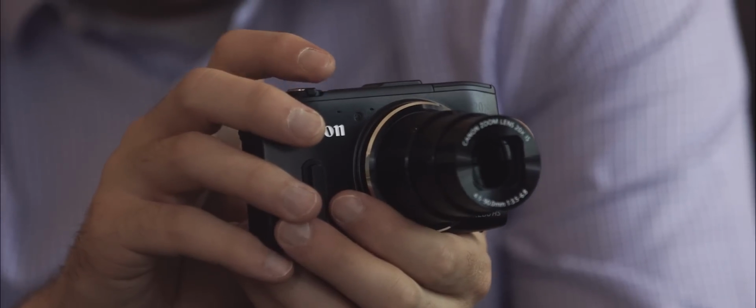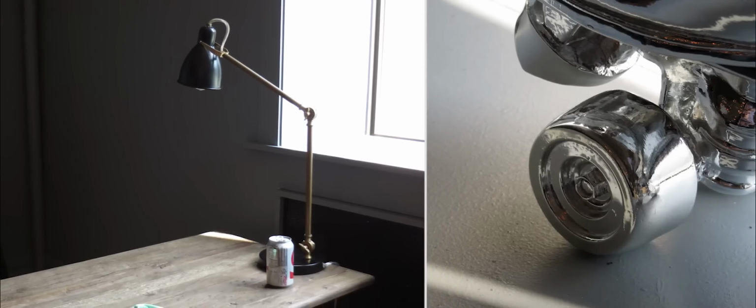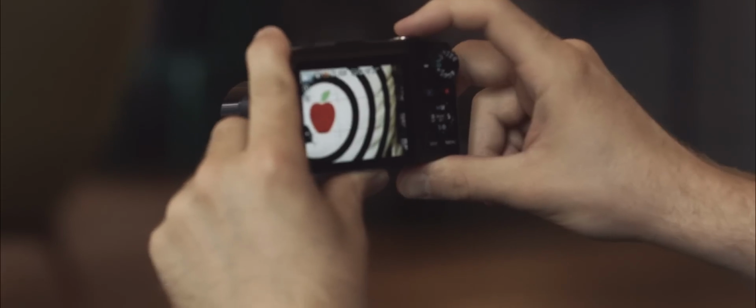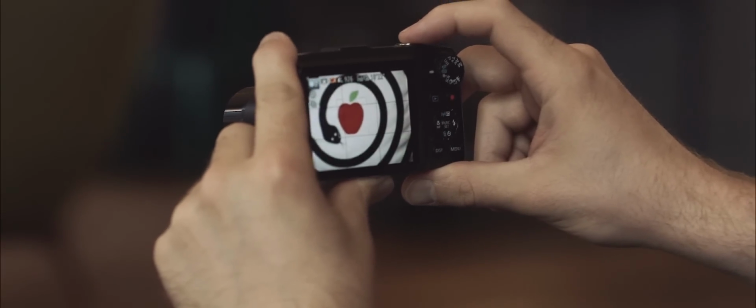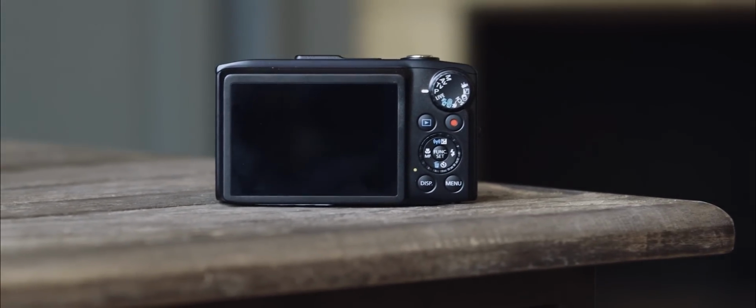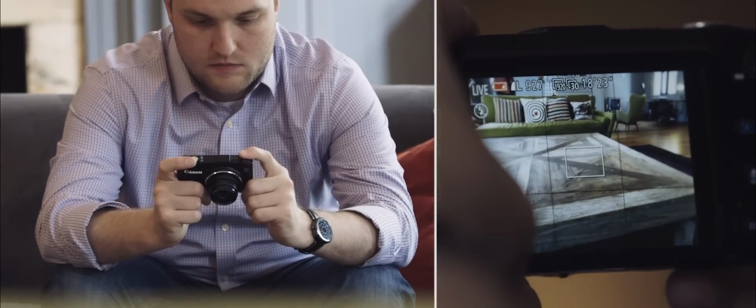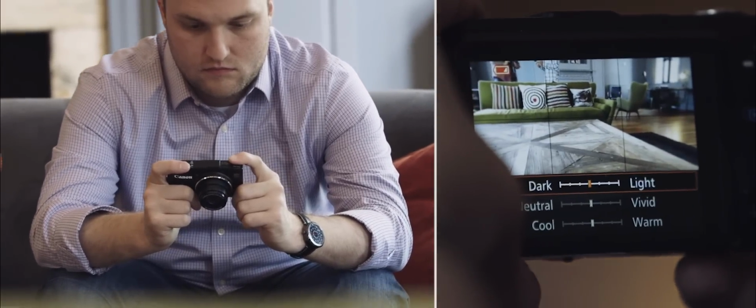The SX280HS has accurate color and takes good pictures in most lighting conditions, but it will struggle a little in low light. That's just a fact of life with all inexpensive cameras. If you want better, you're going to have to pay for a mirrorless camera or a premium compact. The SX280HS isn't the smallest or lightest in the field, and its battery life of 210 images per charge isn't class leading, but it is enough to last a day of shooting. But if you're looking for a cheap, compact camera that does more than your smartphone, the SX280HS is the one